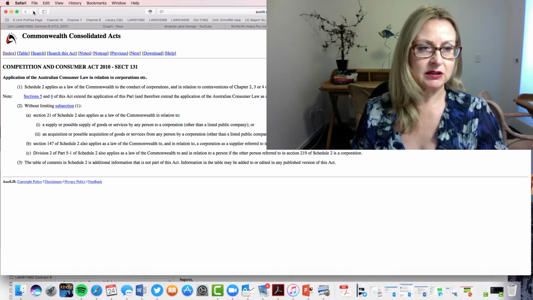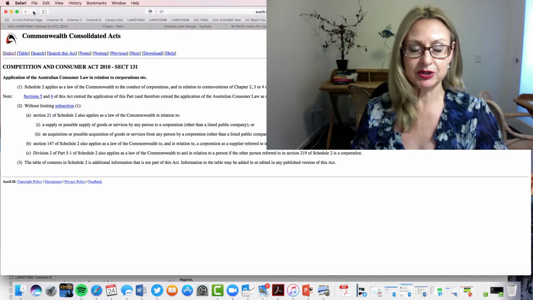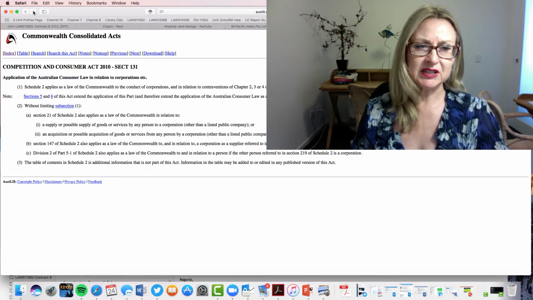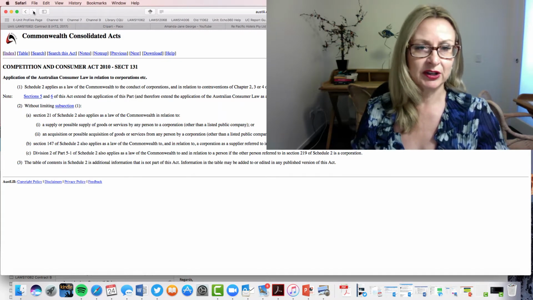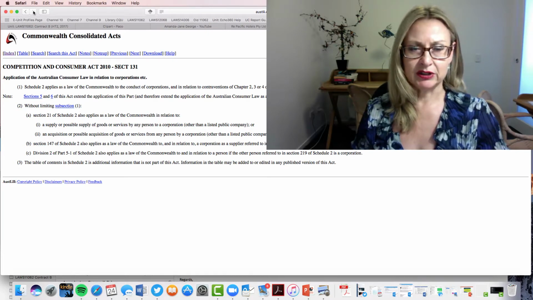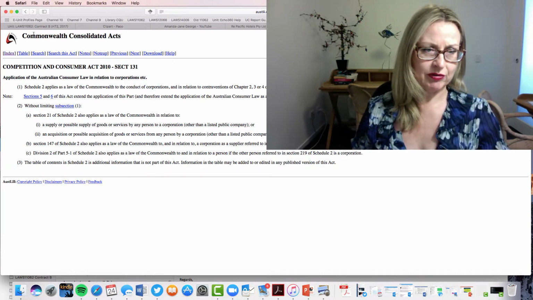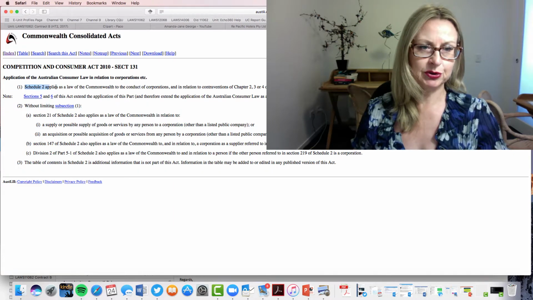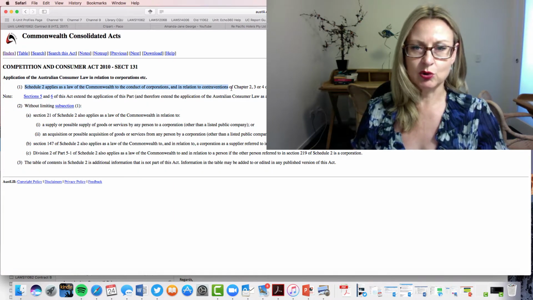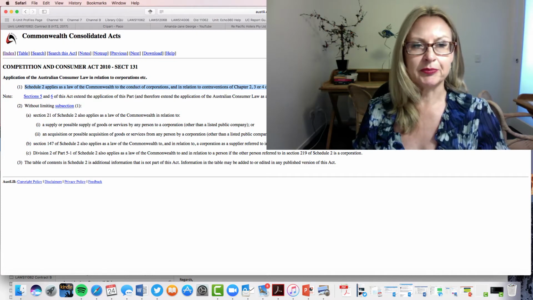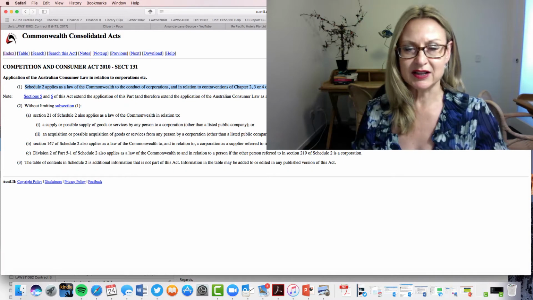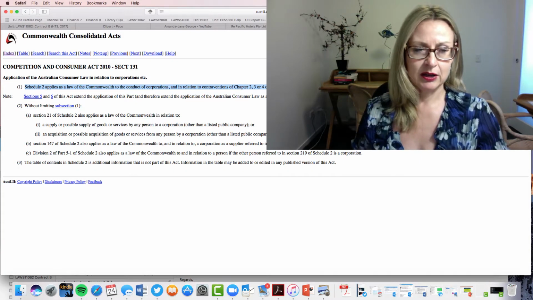As a Commonwealth instrument, generally speaking, the Competition and Consumer Act will apply to corporations, and notwithstanding that it actually does mention persons here and there throughout the legislation, you'll see in Section 131, Schedule 2 applies to the conduct of corporations. Okay, now it's going to only apply to persons, that is individual natural persons, in a fairly limited range of